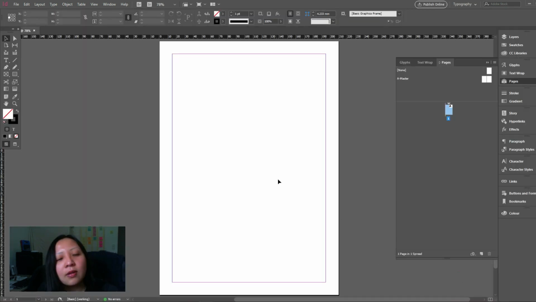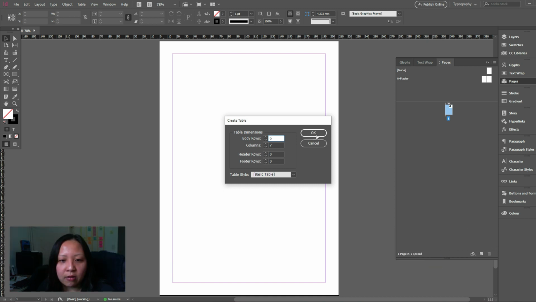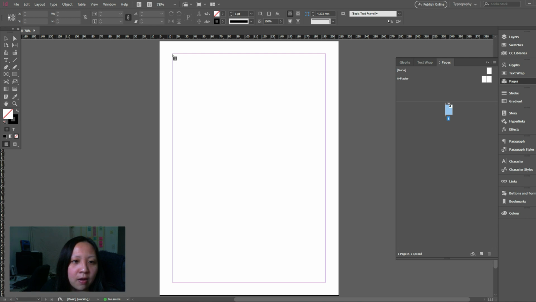Okay, so now usually a calendar has about 7 columns and about probably 5 rows, if I'm not mistaken. 6 rows. Okay, so we'll try to do that right now. We'll head over to table, create table, and then we are going to put around 6 rows and 7 columns. That sounds good. Okay, and then we can drag it out just like that,